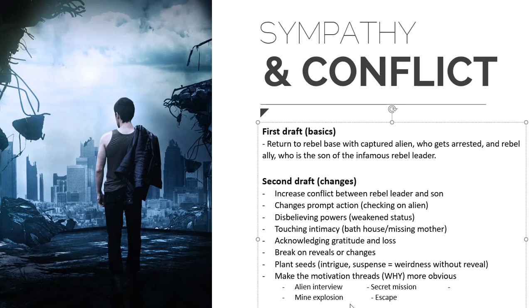And like I said, if I wanted to really increase the guilt, I could have somebody who's angry at her. Maybe it's just some old drunk guy who's mad because his son is still in the mines and she doesn't know him because there are thousands of people in the mines, but he might be still irrationally angry at her for not saving everybody. And if I add a little scene like that, that'll make this mine explosion a lot more powerful. Then I have the secret mission where they have to go and get the radio,